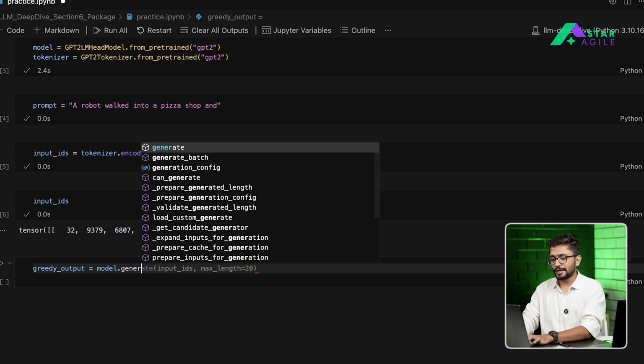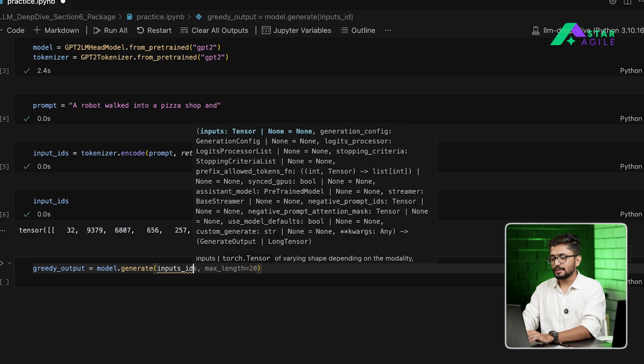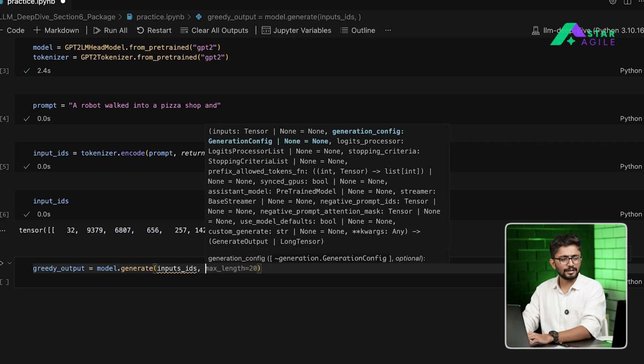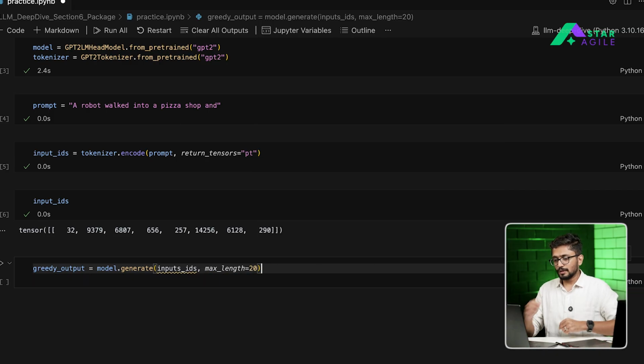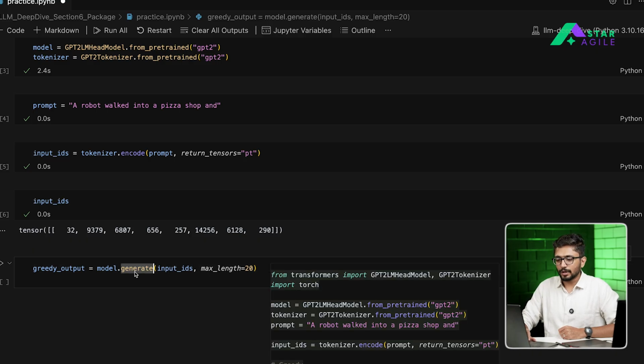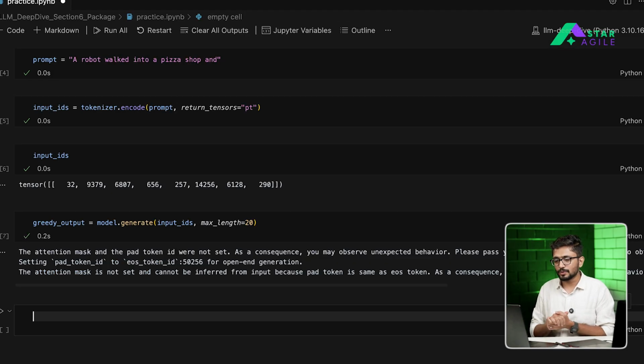So here we are going to use the generate function to generate based on the input IDs that we are passing, and over here let's say the maximum length that we want this sentence to be is 20. Right, so here what we are doing is basically we are asking the model to generate a sequence based on the input IDs that we have created, and to make sure that the maximum length over here is essentially 20. Now over here I am not defining any other parameters because the default implementation is greedy only. Right, so when you want the greedy output, just ask the model to generate text and define what's the maximum length of text that you want to generate. Right, so in this particular case,